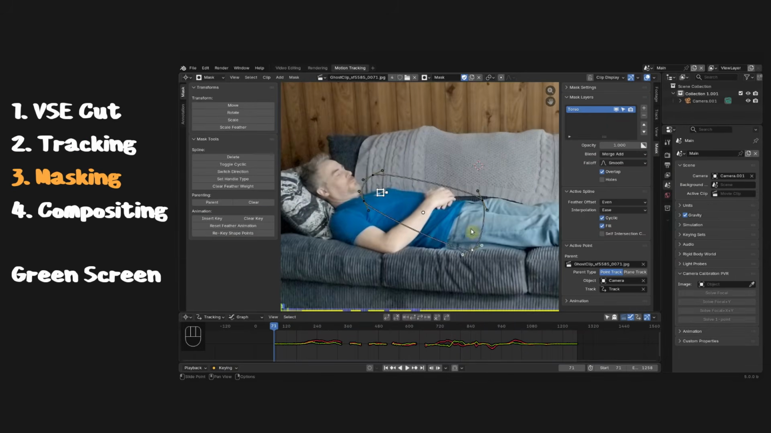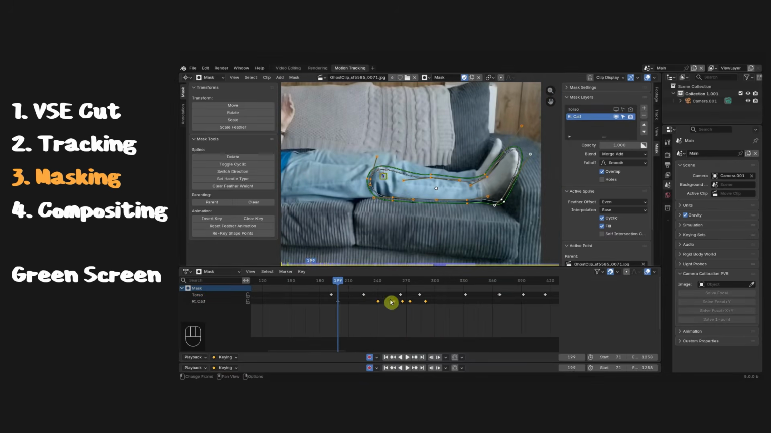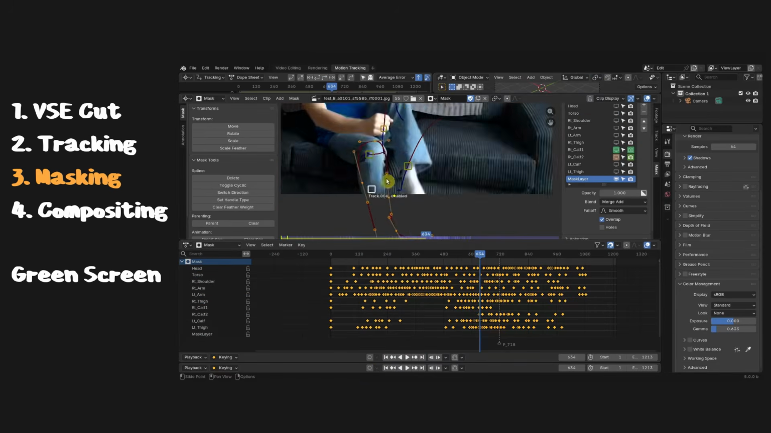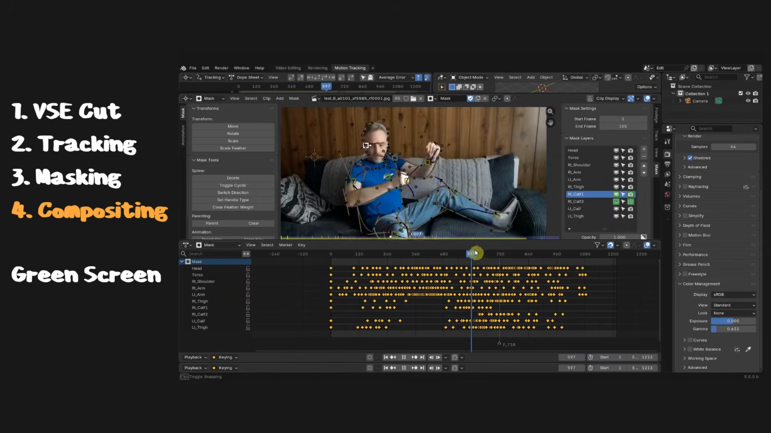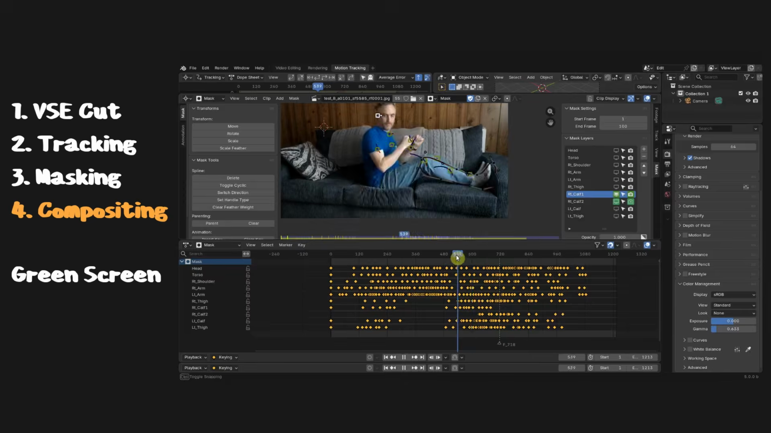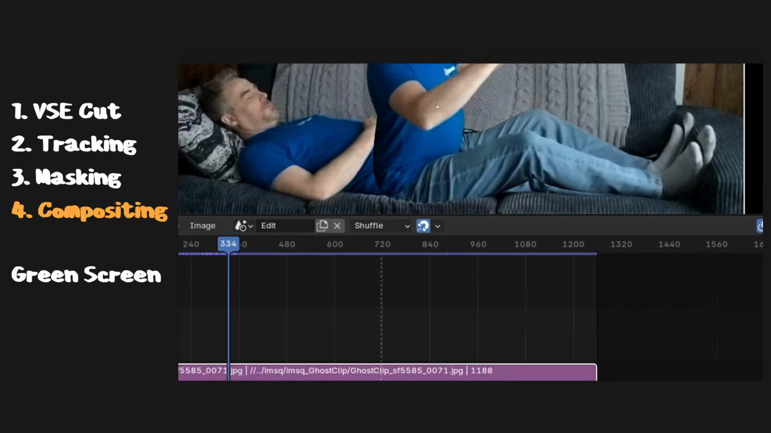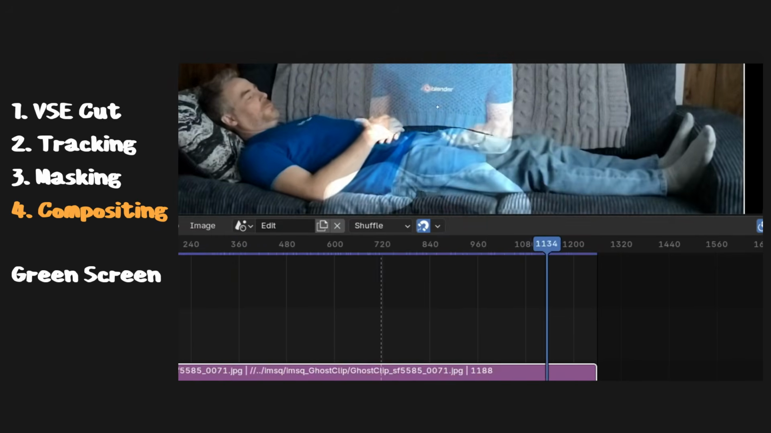Step 3 will be to create a mask with mask layers and splines and points, parent them to the trackers so they follow the general motion of the body, and then animate the rest of the points to follow the body's outline. Step 4 will be to use the mask layers with the new Blender 5.0 Compositor modifier to create